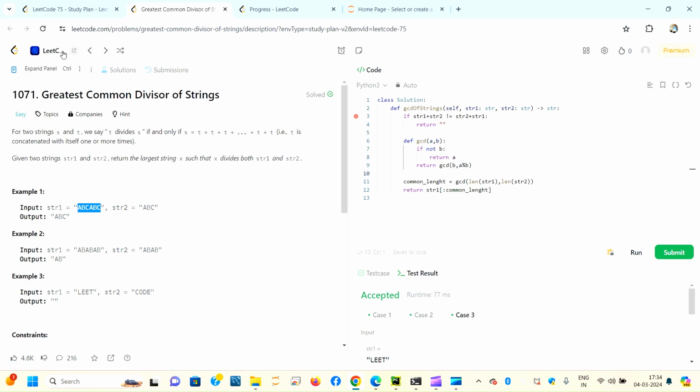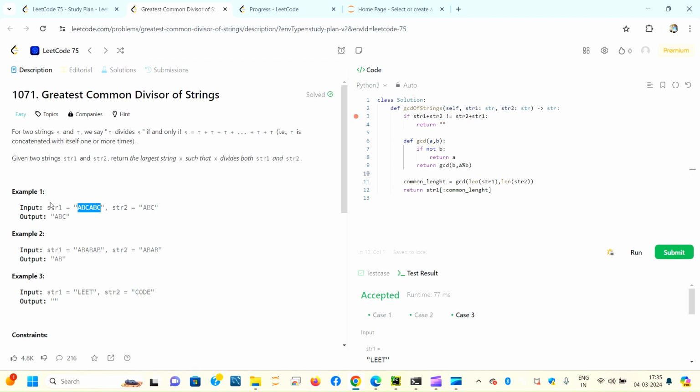I was solving LeetCode 75 problems and I just completed this one and I found it really interesting. So I thought I should create a video and share it with you guys. And the solution is really interesting. But if you are new to DSA or just started solving DSA questions, you may find this a little tricky. But trust me, if you understand the code step by step, you will just get it and it's not a